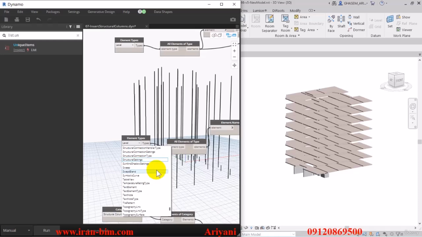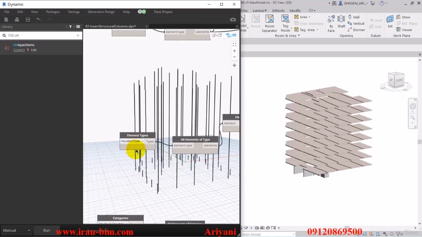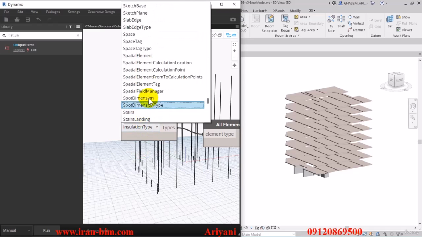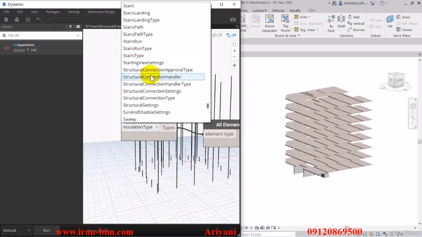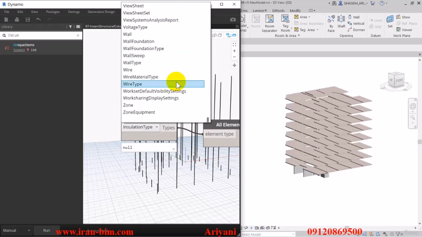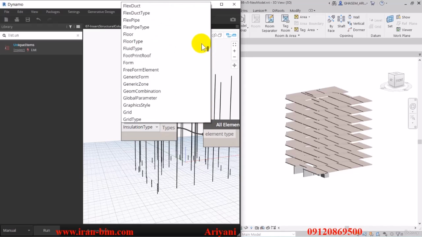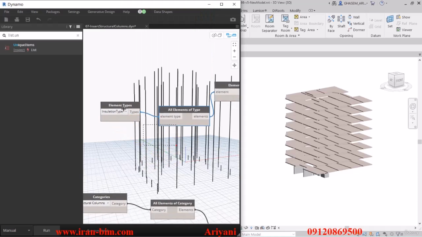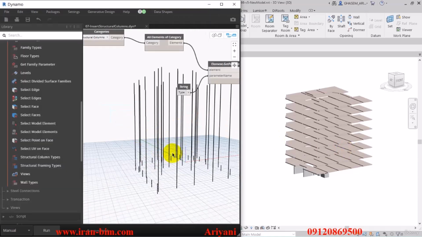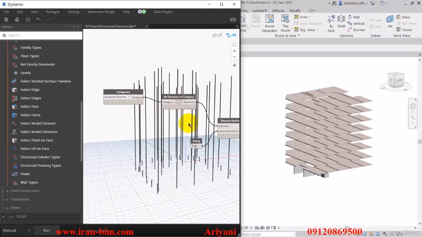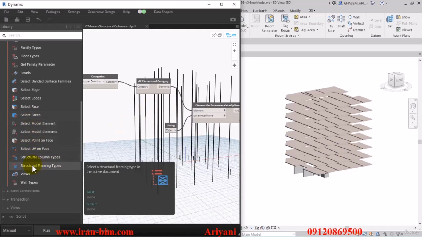We need to make sure to select the structural columns. Well, let's see if we have the structural columns inside of the list or not. Well, it seems not, so let me see what I can do for this. So I reconnected the categories, the all elements, and these packages here, and I thought of a new idea here,